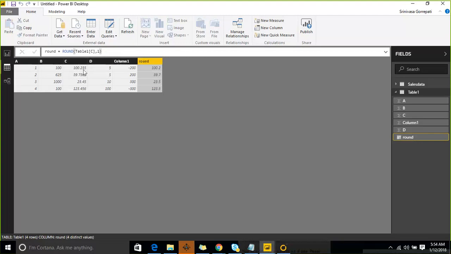so it's a 2, and as it is 736, rounding to one digit it is represented as 7, and 2, 3, 4, 5 as it is one digit, and the next one is a 5 or greater than 5, it is getting updated like it's a 5, and 123.5, so it was rounded to one digit. However many digits you want, you can mention it in round. And then after, you have an option called